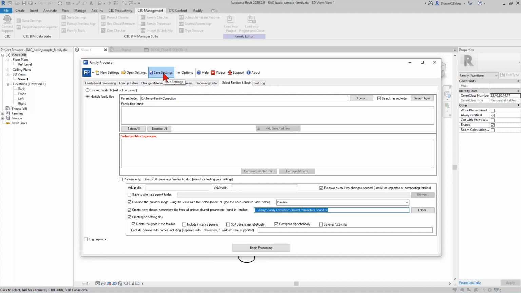So if I harvest a bunch of families out and I already have a pre-baked collection of things that I know that I want to fix 100%, I simply open my settings, grab thousands of families from a directory, begin the process, and grab lunch. And when I get back, it'll probably be done. And all I had to do was let it rip on a computer. It's fantastic. It saves me so much of a headache when all I need to do is just run through and make those corrections. And I can make those corrections as many times as I need to